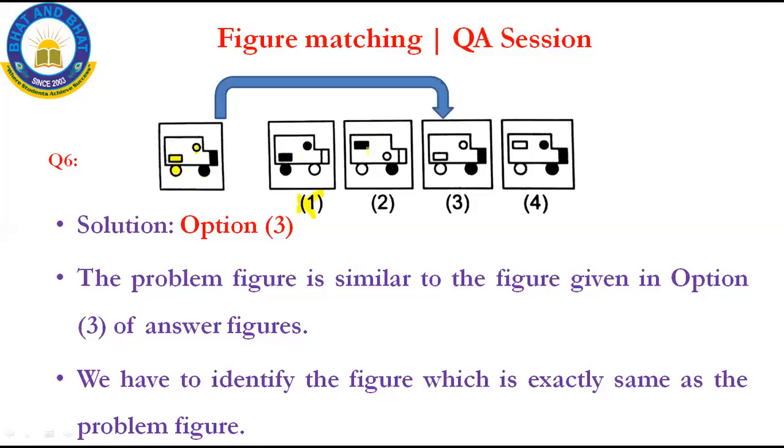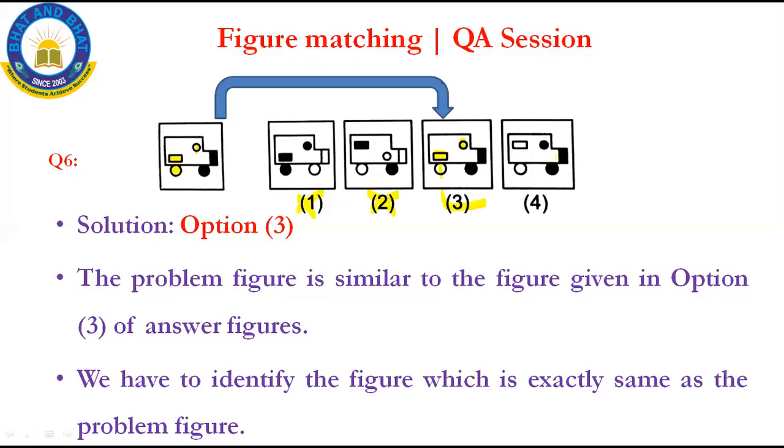Now we'll go with option 2. Yes, option 2 is not a correct answer because it has been reversed. First it has to come with a circle and then the rectangle. So option 2 is also wrong. We'll go with option 3 now. Yes, see here a small circle and then rectangle, and the unshaded part is on the left and the shaded part is on the right. Yes, it looks the same as the problem figure, right? Yes, therefore option 3 is the correct answer.